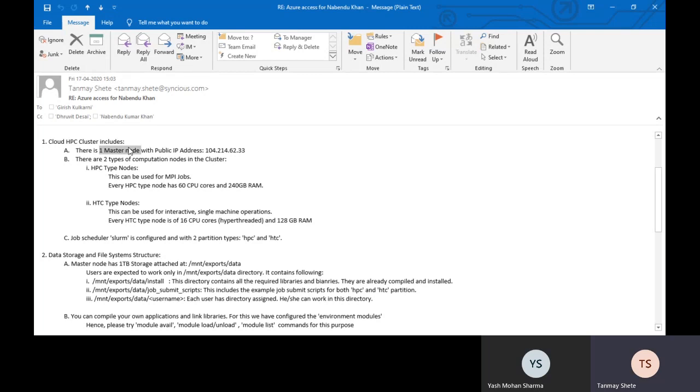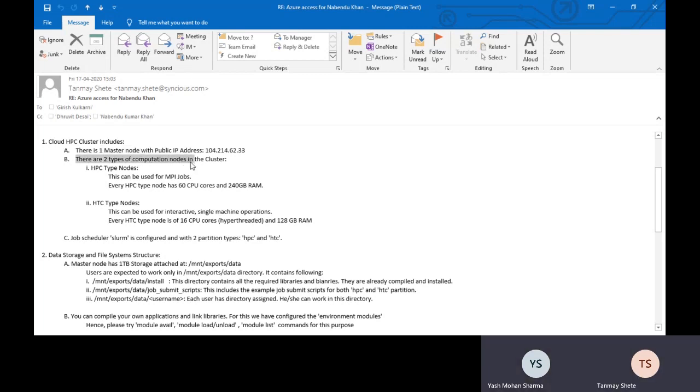It has one master node, and the master node is basically a controller node, and then multiple computation nodes will be there. On the master node, you can connect through SSH, and then you can say something like, I want to do this particular operation on the compute node, or I want to run, say, Python. So eventually your application runs on any of these computation machines.